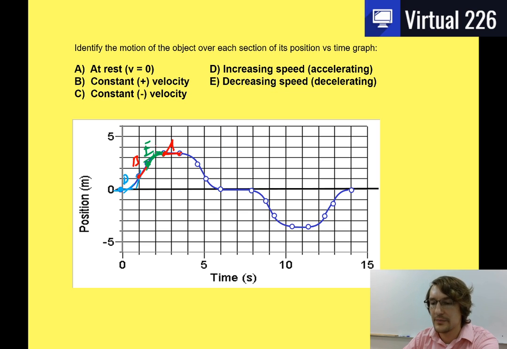Take a minute here for the next 1, 2, 3, 4, 5, 6, 7, 8, 9, 10, 11. Pause this video, see if you can categorize A, B, C, D, or E, these last things we have here, and then unpause the video, and I'll go through these and we'll see what we get together, okay? This is a very important thing because we're going to have to look at a lot of these graphs throughout the year. So try this out, let's get some practice with it, and then we'll just see what goes on. Okay, so pause,